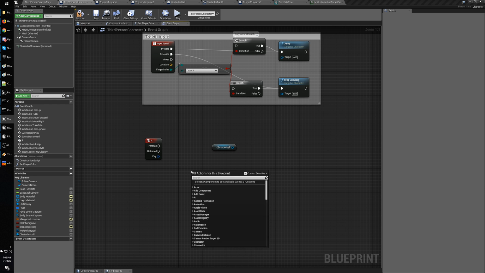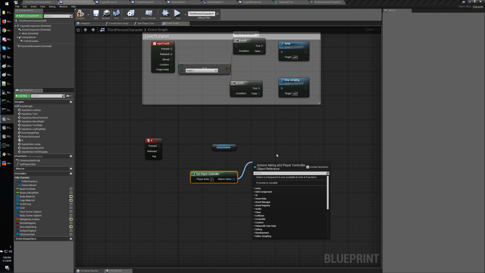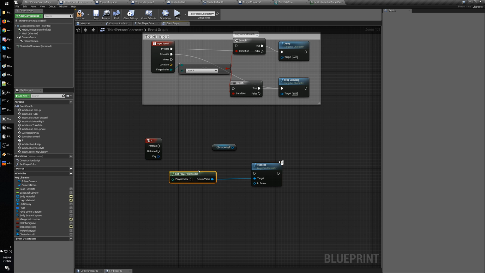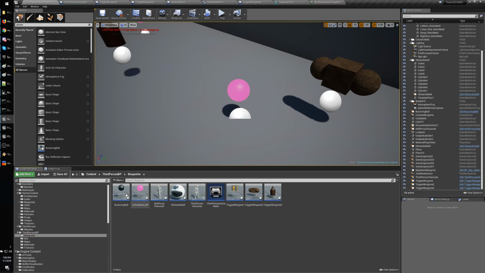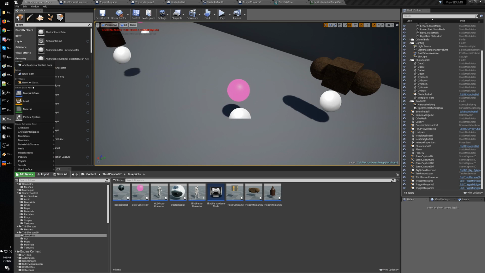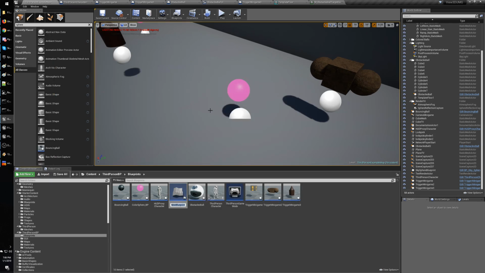So get player controller. Possess. It must be a pawn, so this one will never work. Okay, it cannot be just a normal object. It has to be a pawn. So if we want to do it that way, we need to create a new class, derive it from pawn,